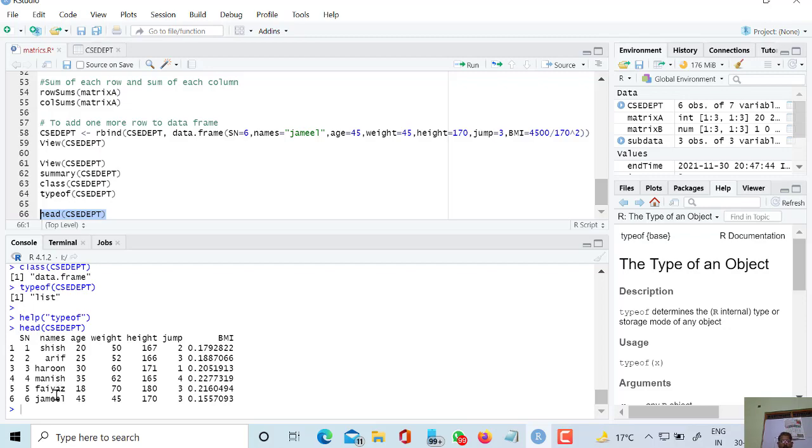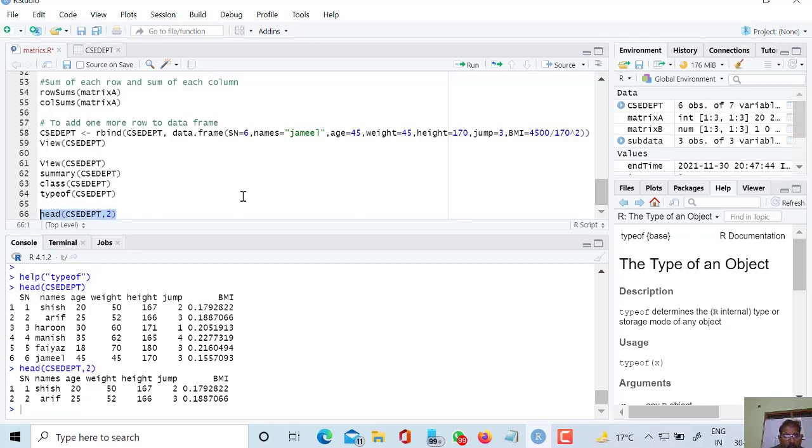Suppose the size of the table is too huge, so in that case, if we use the head function, we will also get the 6 starting rows. If we want to know only 2 starting rows, then we will write the function like this. So by default it will show 6 rows, but if we want only a specific number of rows, then we will write the number of rows there.